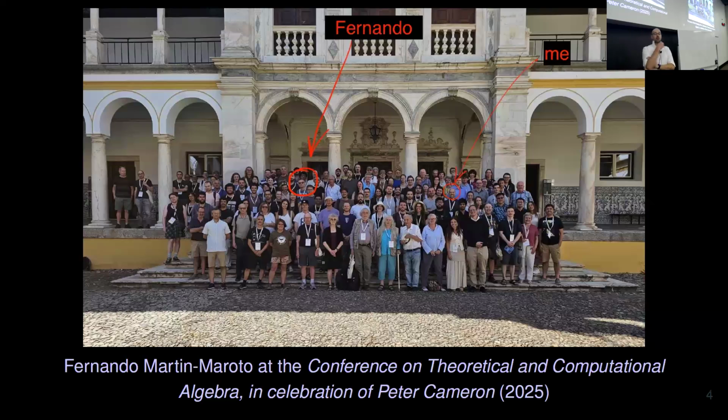There was actually a whole 2-hour workshop on this exact topic at this conference in celebration of Peter Cameron. If you don't know Peter Cameron, I think we've got a talk on the oligomorphic groups tomorrow, and this was some ideas due to Peter Cameron. So anyway, he's up at the front there. There's me. So I attended this talk.